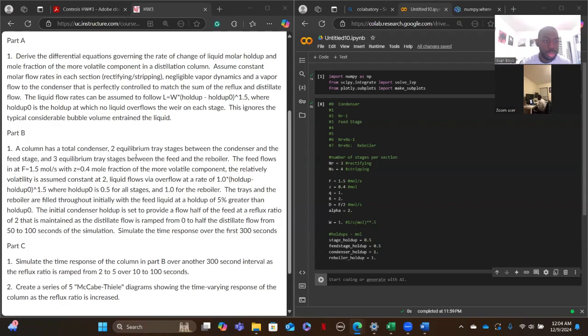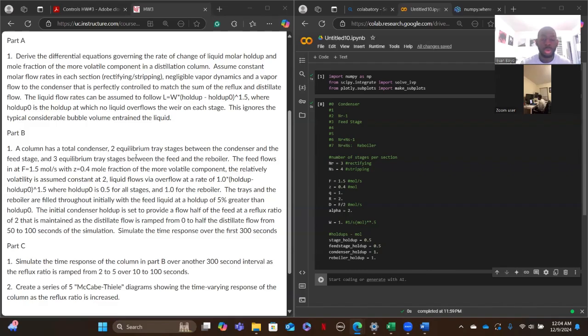The relative volatility is assumed constant at 2. Liquid flows via overflow at a rate of 1.0 times our hold up minus our initial hold up, to the 3 halves, which is our Francis weir equation, where our initial hold up is 0.5 for all stages and